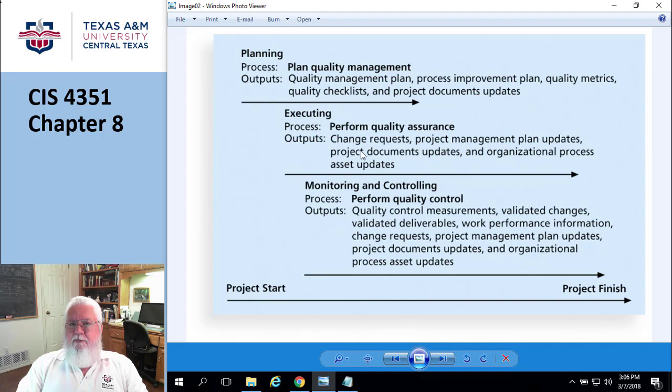So a quality audit could be random. It could be scheduled. It could be, okay, every Tuesday we're going to look at one of these features. Or it could be completely random. We just pick a time and we show up and say, show me your quality control stuff. So one more time, the ultimate goal of this quality assurance is to make sure that the project manager is ultimately responsible for the quality. That's the bottom line. This is the supervision part. This is the reason why the project manager gets paid big bucks. Because they're the one who's ultimately responsible for the quality assurance program.